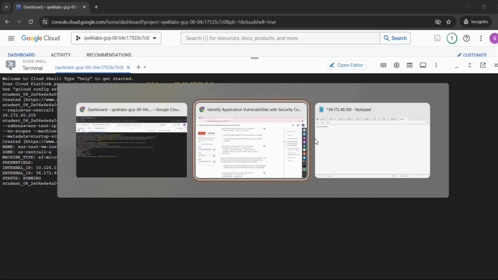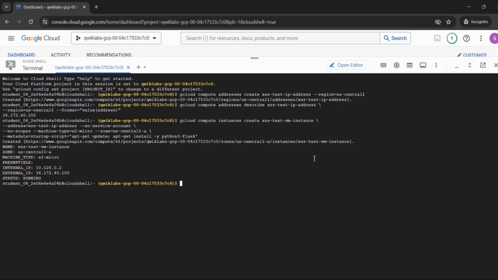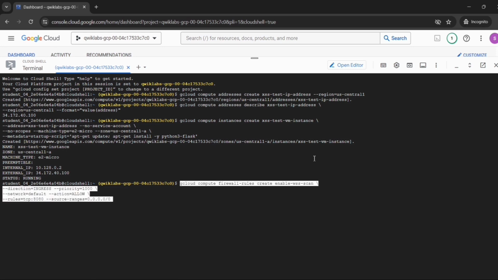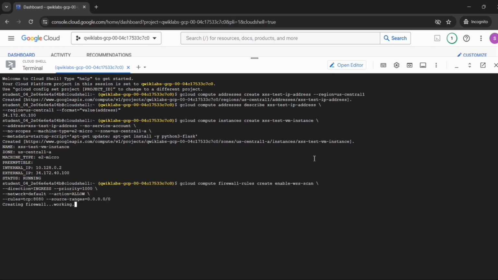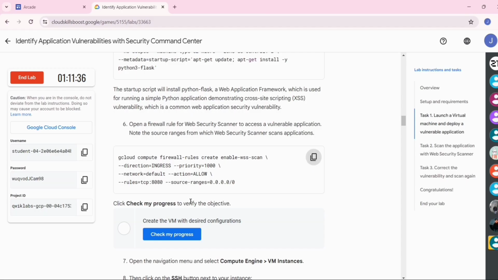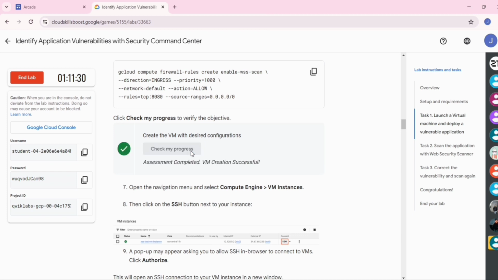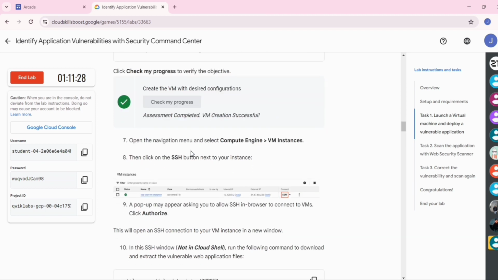For that, go back to the lab instructions, copy the sixth command, go to the shell, paste it here and press enter. Now go back to the lab instructions and click on check my progress. You will get a green tick here. Those who get a green tick here, just like this video.